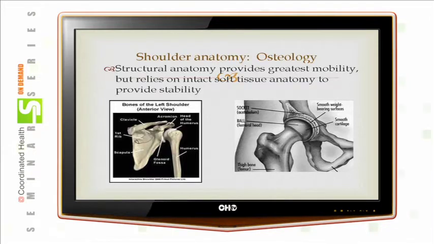Shoulder instability: the ball is round like the ball in the femur, but the socket is just a little saucer. So it's the soft tissue anatomy that gives the shoulder its stability, and not the bony anatomy. The reason the shoulder socket is so shallow is because we have much more motion in our shoulders than our hips. So we need that to be functional.